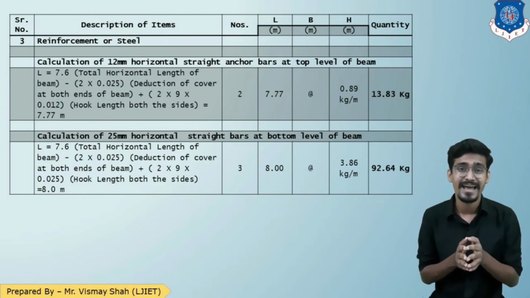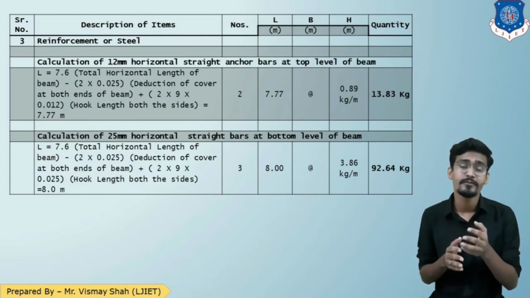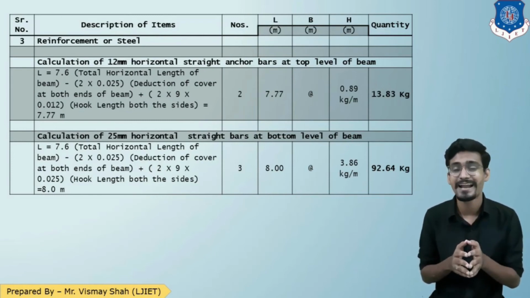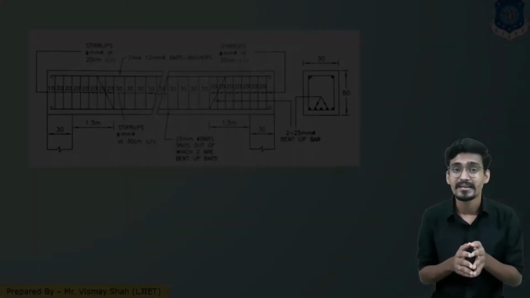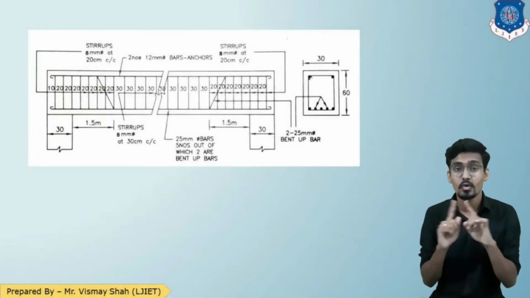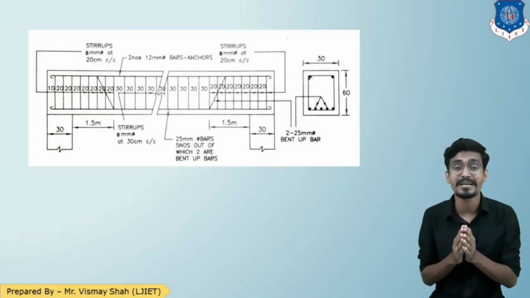How we'll find it? As we know, the total span of the beam is 7.6. If you go back to the slide and see the drawing, you can see the total span of the reinforcement includes the column junctions. That is total span 7.6